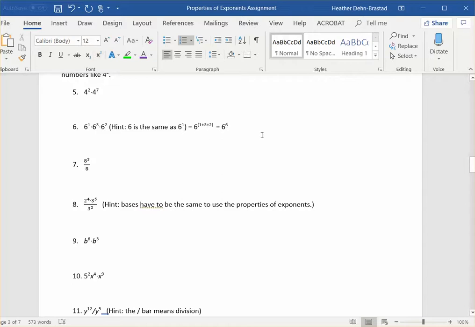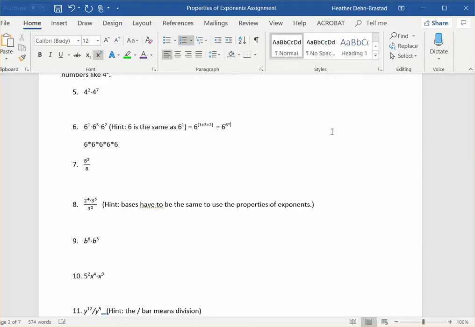Now, if you did not know how to do this problem, like if you forgot what the rule was or you weren't sure if you were using it right, you can write this in expanded form. 6 is 6. We don't have to do anything for that. 6 to the third power means you would write 6 times 6 times 6. And then what do we have? 6 squared is 6,